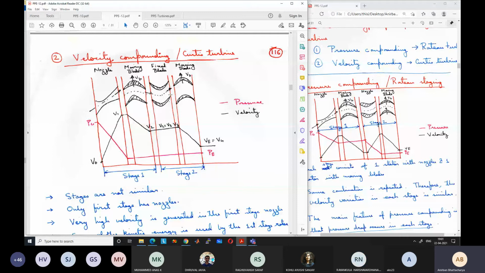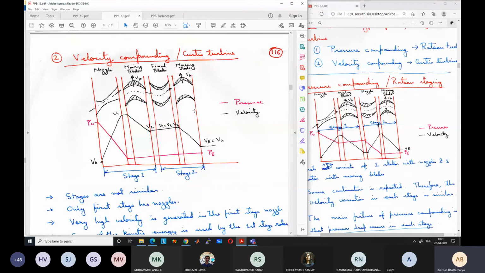The flow enters the fixed blade with velocity V2 and exits with velocity V3. Then we have another set of moving blades where the inlet kinetic energy is half V3 square. This V3, which is still quite a large value, is again reduced to a lower velocity V4, and ultimately the flow goes out with a smaller velocity. If I have a third stage, then at the entry of the third stage fixed blade, the entry velocity will be V4 and there won't be any change in velocity in the fixed blade. Then in the moving blade, the velocity will decrease further from V4 to some value like V6. So what is the difference then?